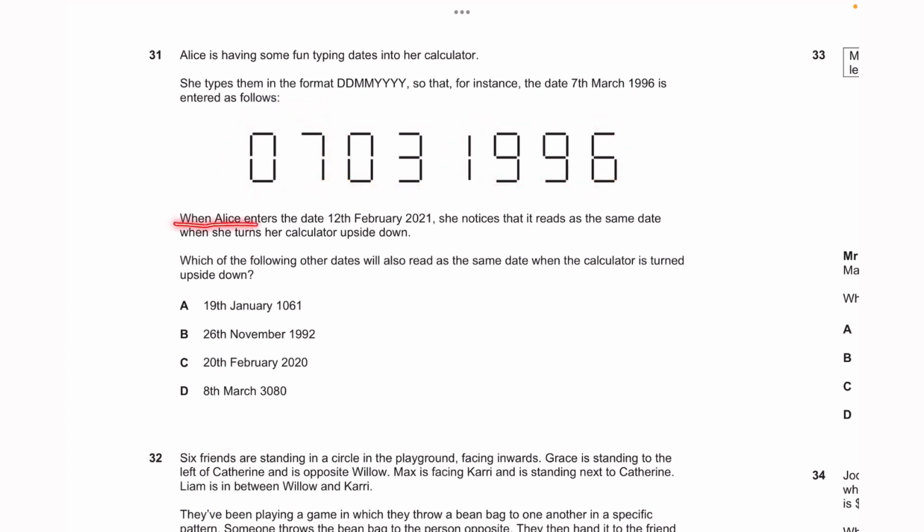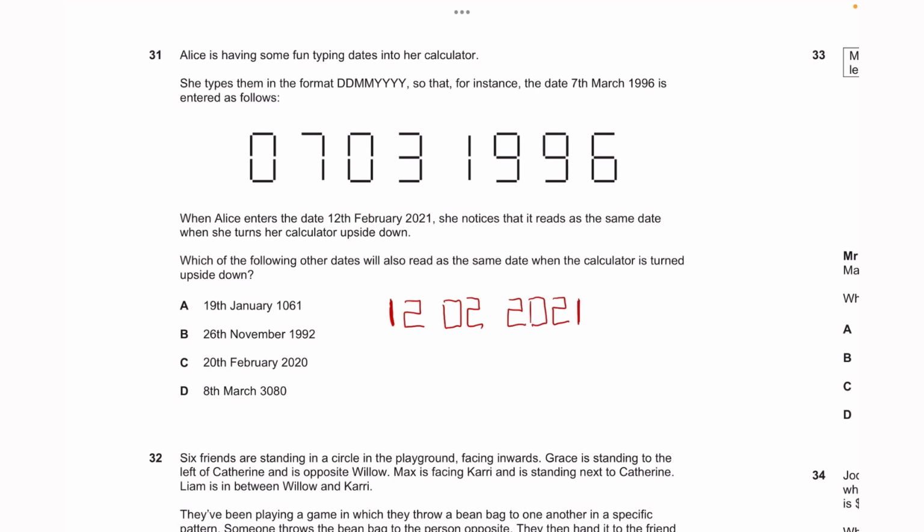So it says, when Alice enters the date 12th of February 2021, she notices that it reads as the same date when she turns the calculator upside down. So which of the following other dates will she read as the same date when the calculator is turned upside down? So first of all, let's actually write 12th of February 2021 as though it's in a calculator. So 1, 2, 0, 2, 20,